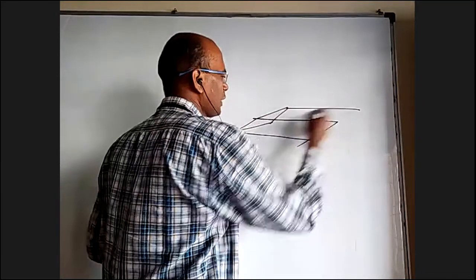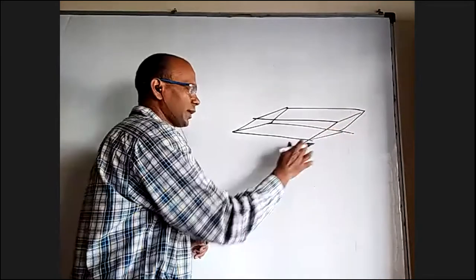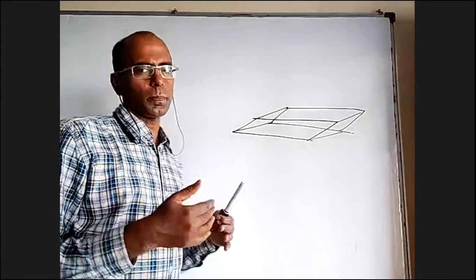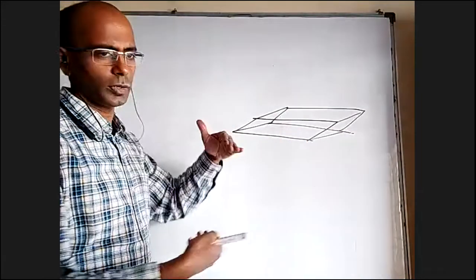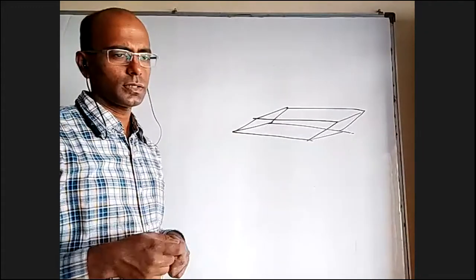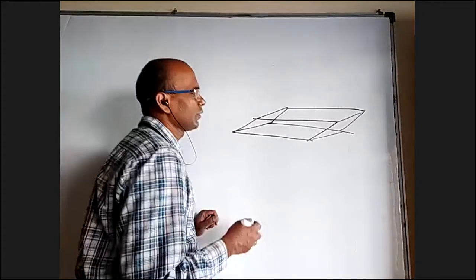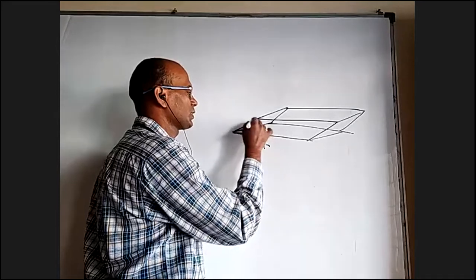what is a parallelepiped? It is like a cube or cuboid maybe, but in a cuboid all the faces are rectangles and opposite faces are parallel. Here also opposite faces are parallel, that is front and back, left and right, top and bottom planes are parallel. But all are parallelograms. Then it is called a parallelepiped. If I have this vector as A bar and this vector as B bar and this vector as C bar,